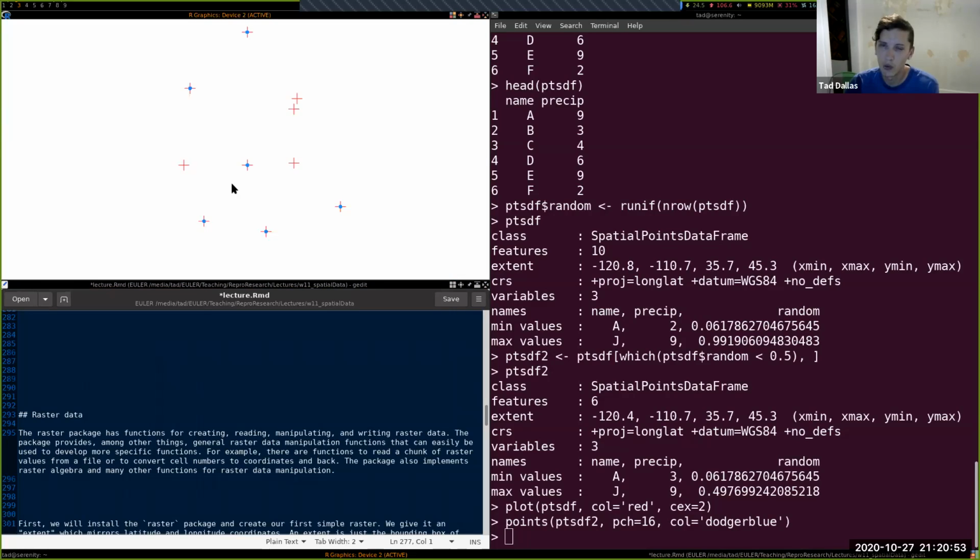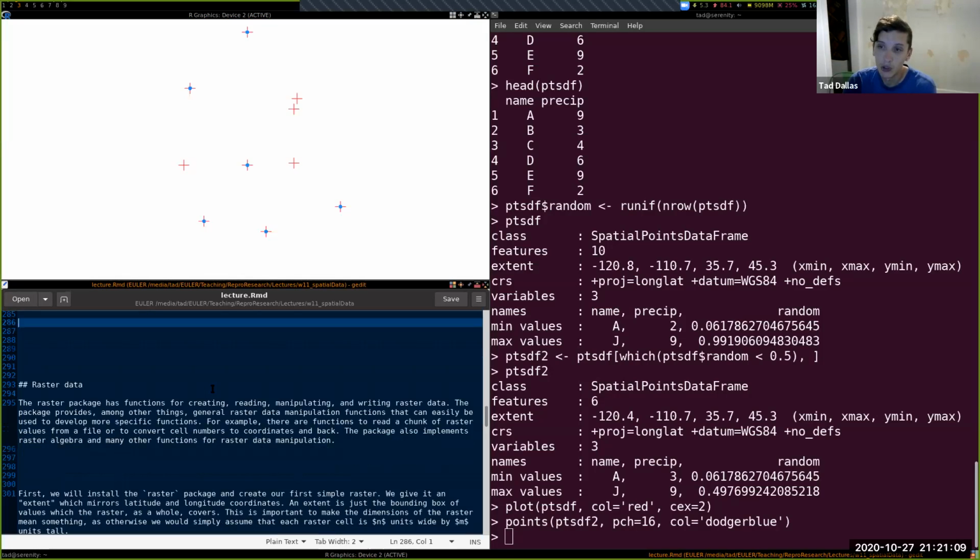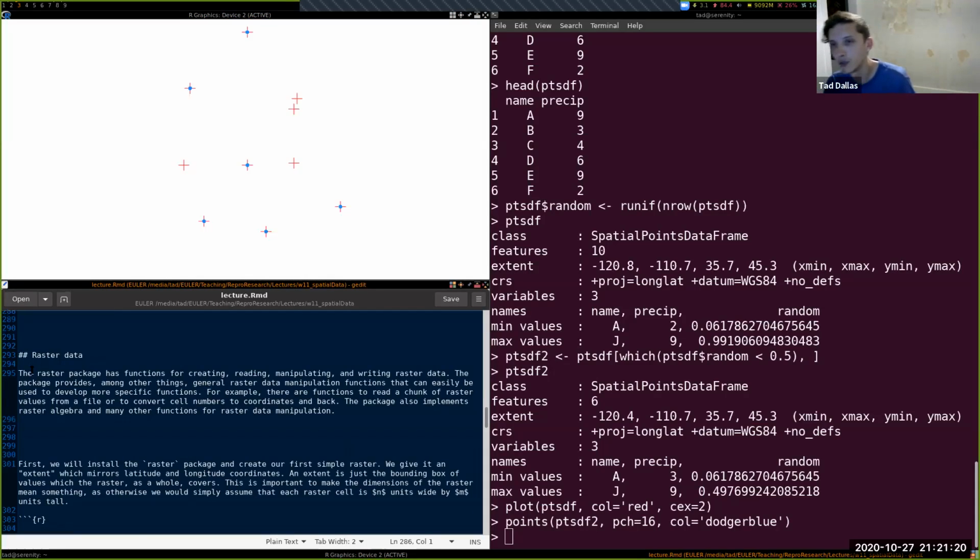Sweet. So now I think we're ready to move into raster data. Raster data don't exist as points in this sort of 2-dimensional space. They exist as rasters. You can think of them as lattices or as matrices, matrices with specific spatial dimensions in terms of cell height and cell width and what that corresponds to. For that, we're going to use the raster package,